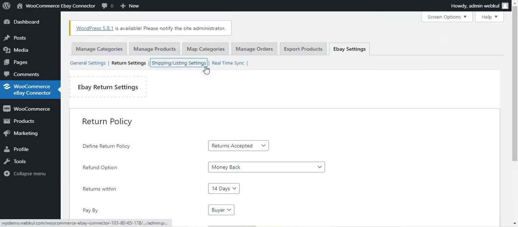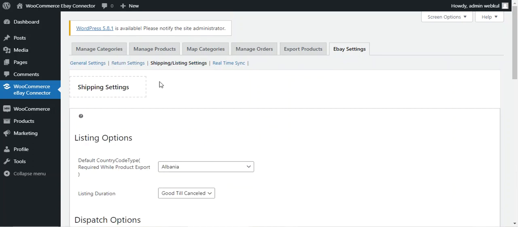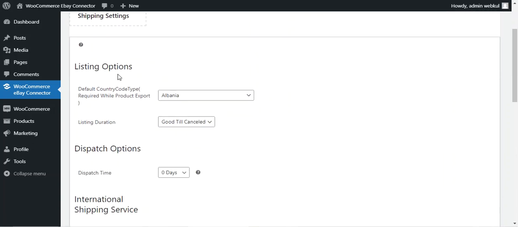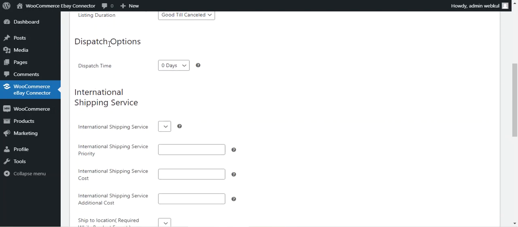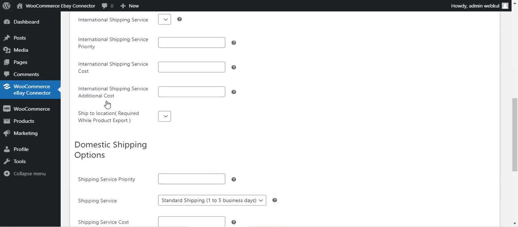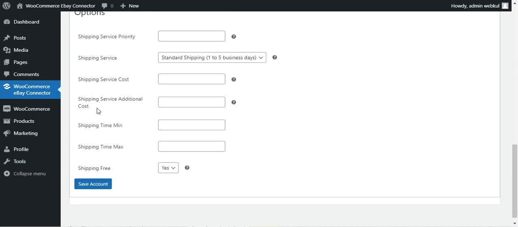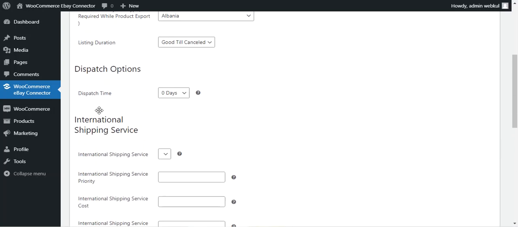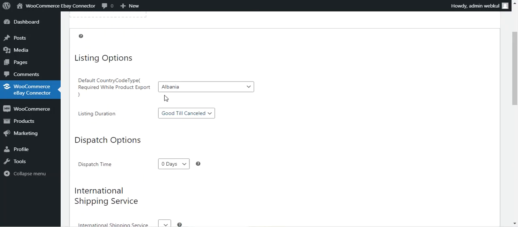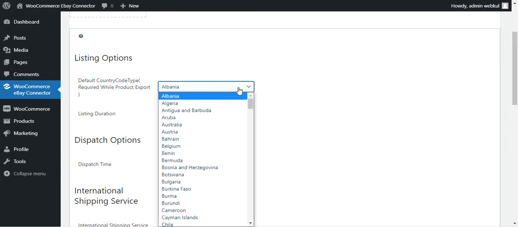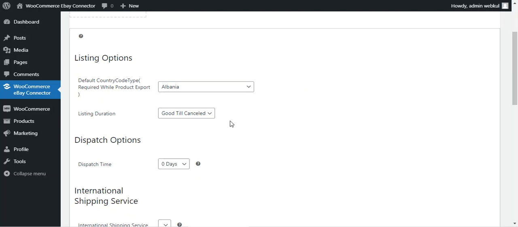Coming to the shipping or the listing settings, here you can set up the listing options. Here you have to choose the listing options, dispatch options, international shipping service, domestic shipping options, and then you can save the configuration settings. Under the listing options, you can select the default country code that is required while the product export.